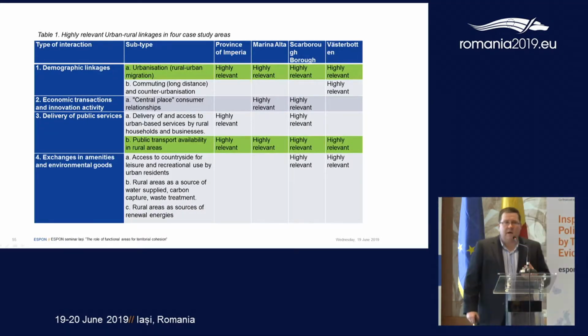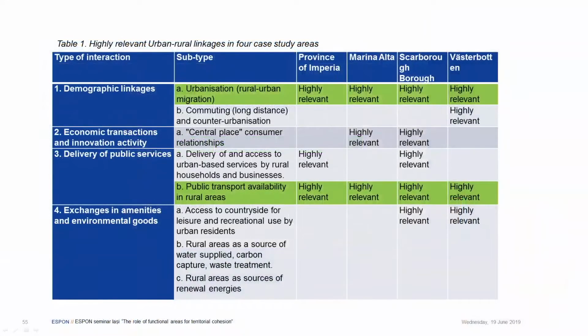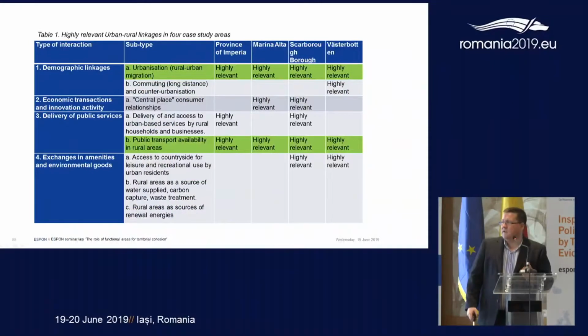So just to give you an example of some of the activities we engaged with, Nordregio actually went through the literature, undertook to a better understanding of urban-rural linkages. We then brought this to our stakeholders and asked them to identify in terms of relevance what they considered the most important components to their linkages in their territories. And as you can see, for example, if you look at demographic linkages, urban-rural migration was considered highly relevant in all 4 territories, so we used that as an informant for recommendations back to the European Union and to policymakers,